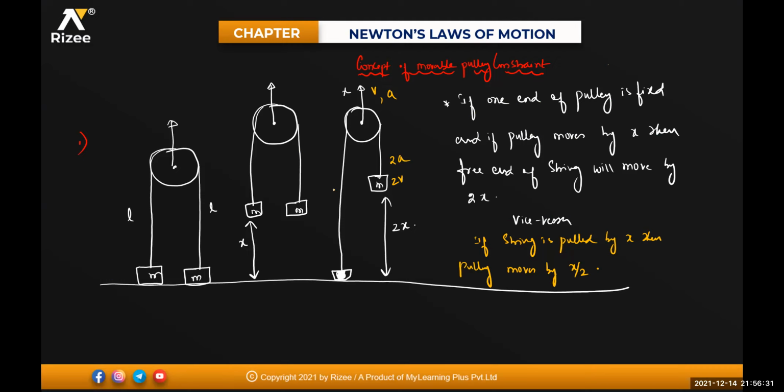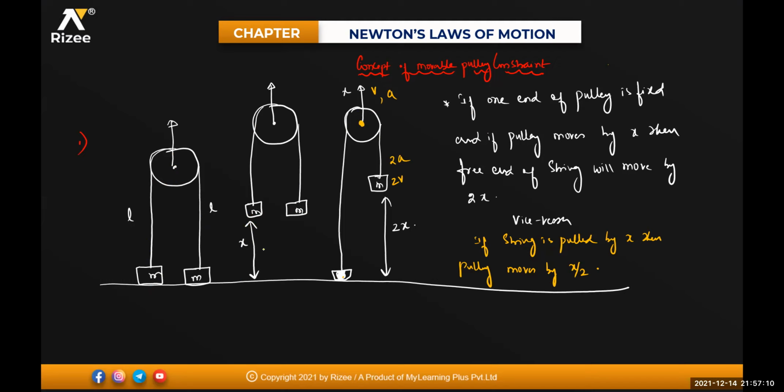Sir, can you explain again, please? Yeah. Who is this, beta? Aisha, sir. See beta, I told you that this is the first time. This is a pulley. This is having the total length of L here and L here. It is initially on the ground. I slowly lift it up so that both the blocks are at a distance of x from the ground. So what I did is I fixed this pulley here right now, and I pulled back this small m and fixed it to the ground. So if I move this, these two blocks are already at x from the ground, beta.